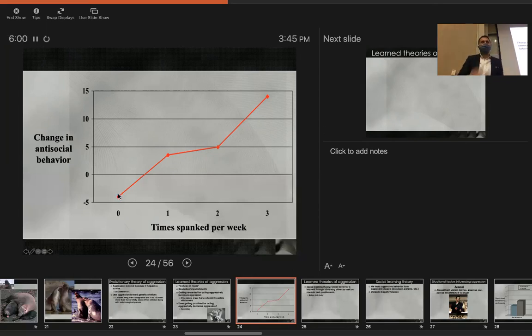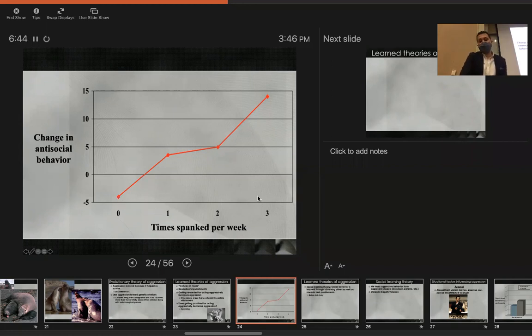Now, this is a natural sort of maturation process. Children tend to be really, really aggressive at first. In fact, some people have claimed that the most aggressive people in the world are not terrorists or criminals. They're in fact children. Children can't obviously inflict the types of damage that terrorists or criminals can, but children are way more aggressive than terrorists and biker gangs in terms of the frequency of aggressive acts. But over time, children learn that they're not allowed to behave aggressively all the time. They're not allowed to hit their brother or sister to steal their toy. So naturally, children tend to get less aggressive over time.